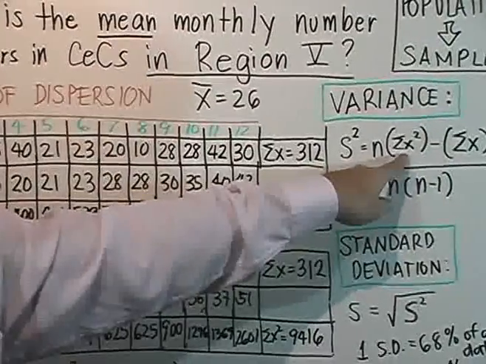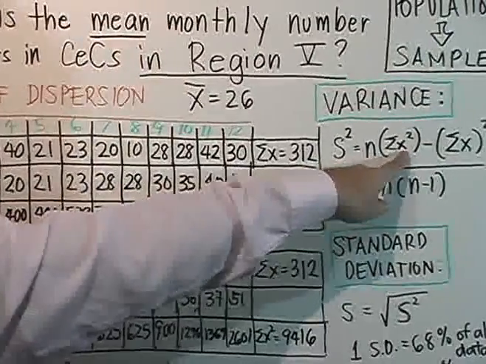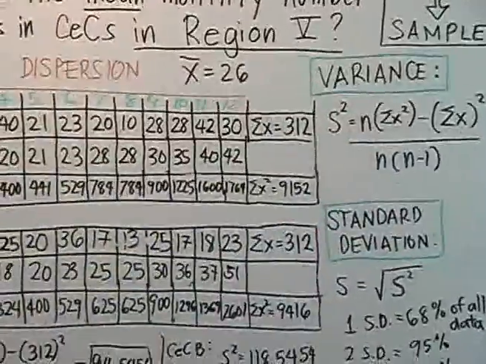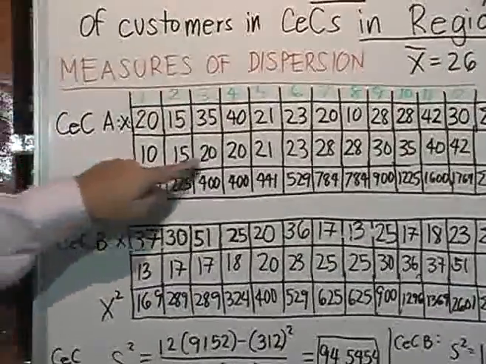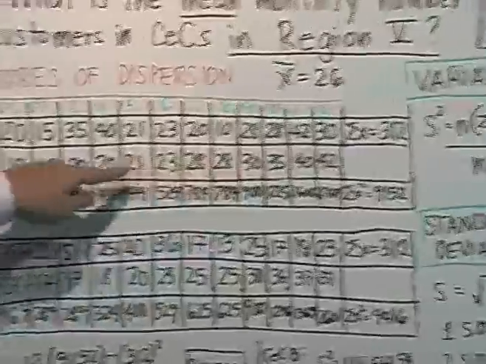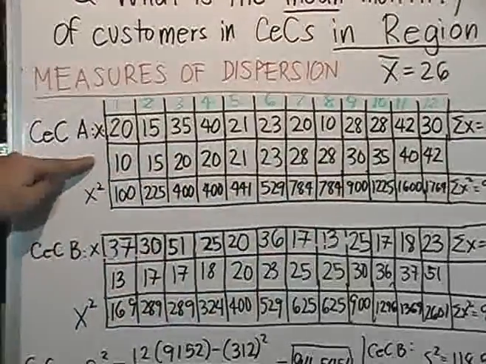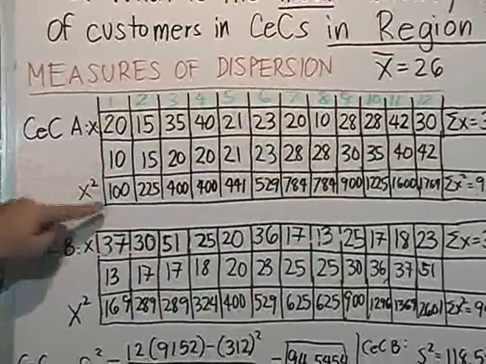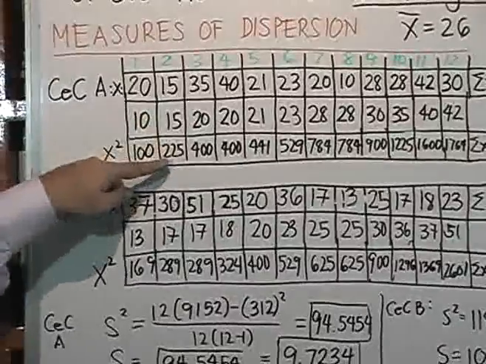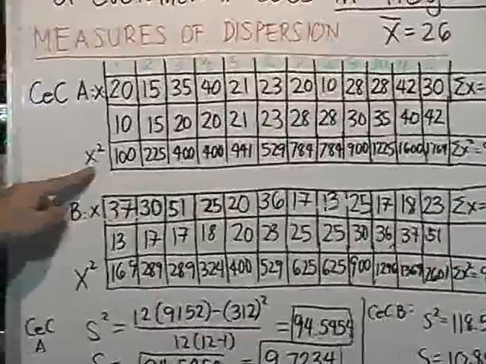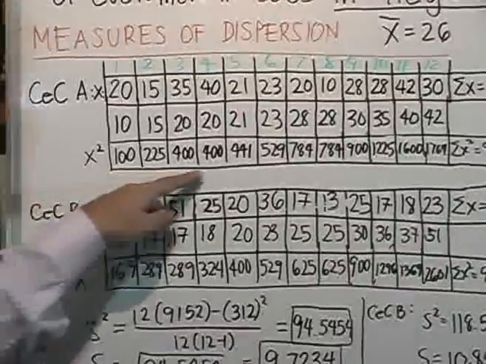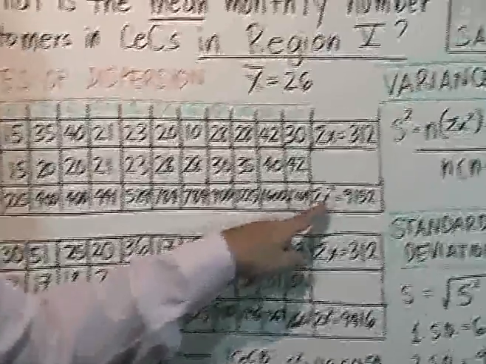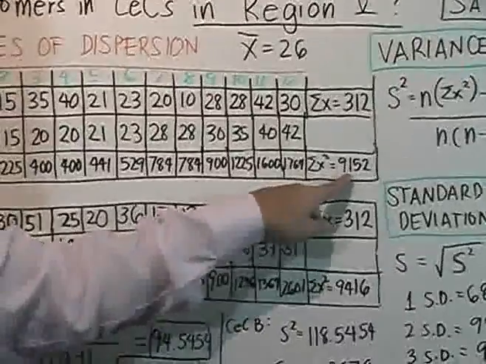What we also need is the summation of the squared observations, which means you take the square of each of the ordered observations. For example, the square of 10 is 100, the square of 15 is 225, and so on. When you get the square of all the observations, you get the summation. The summation of X squared in this case is